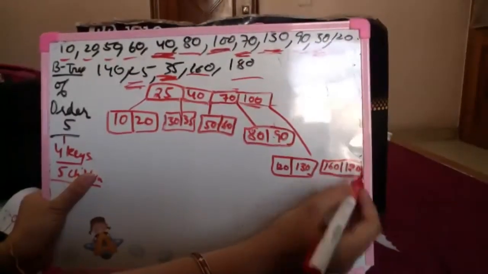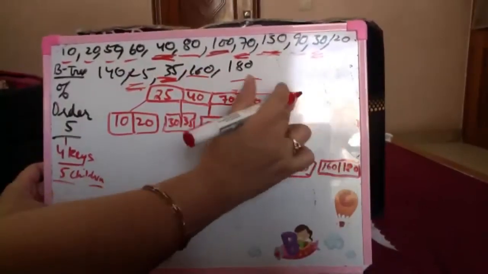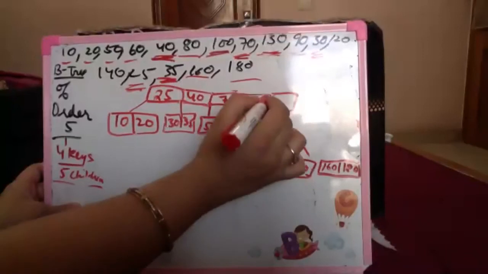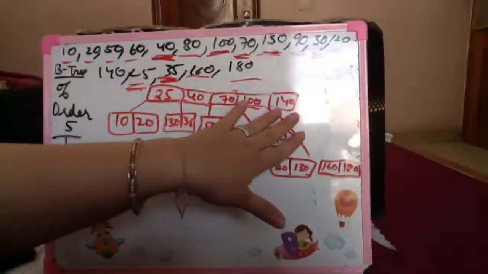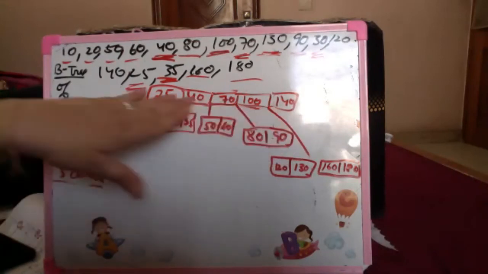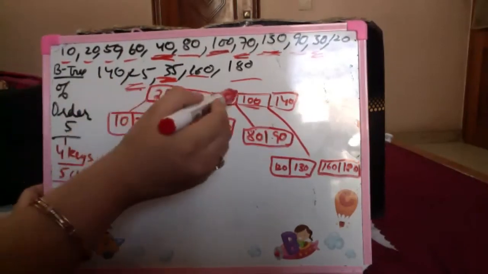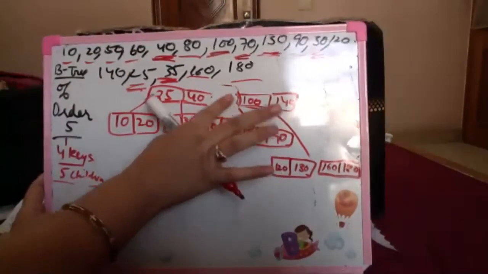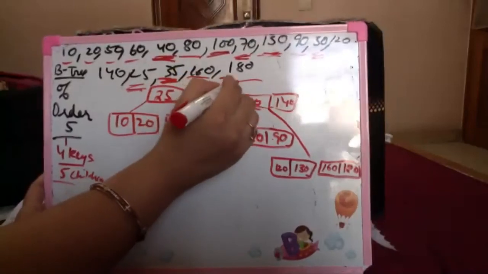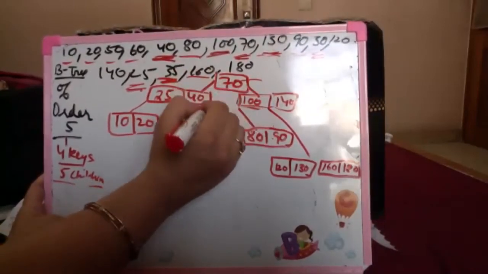Now after this, I need to accommodate 180 here. Oh, sorry, not 180. I was breaking from 140 being the median. Now after this 140, when it is coming here, this is again 5 keys. Not possible. Break it around the median. So what happens? Since there is no parent, 70 will become the parent and the tree has an extra added level now.